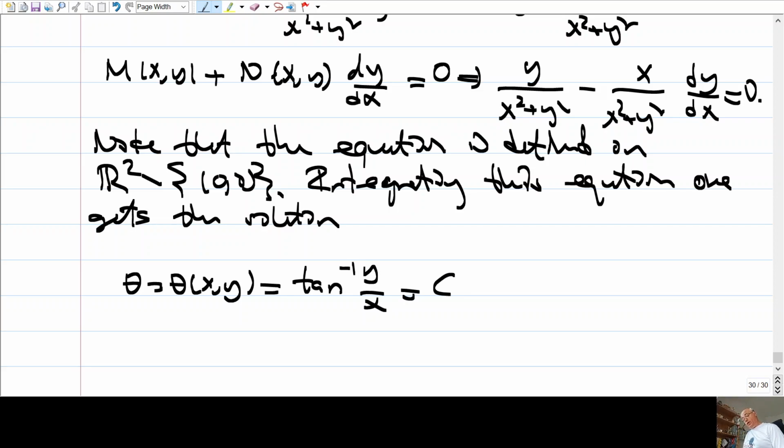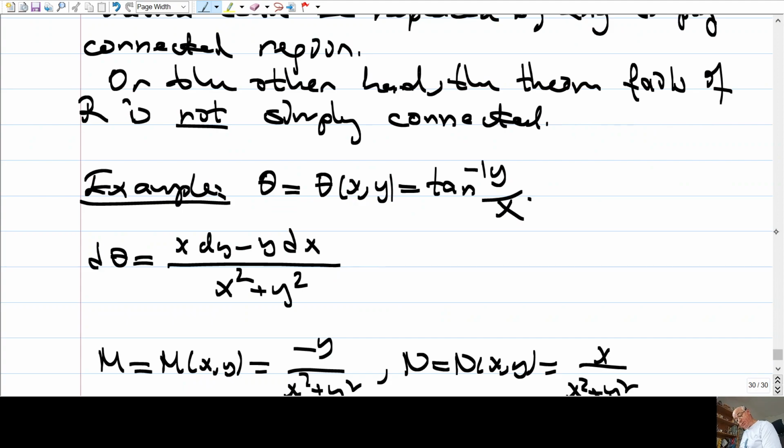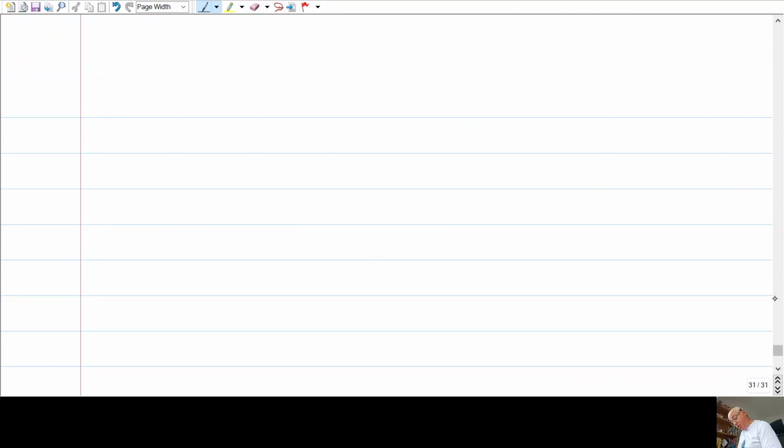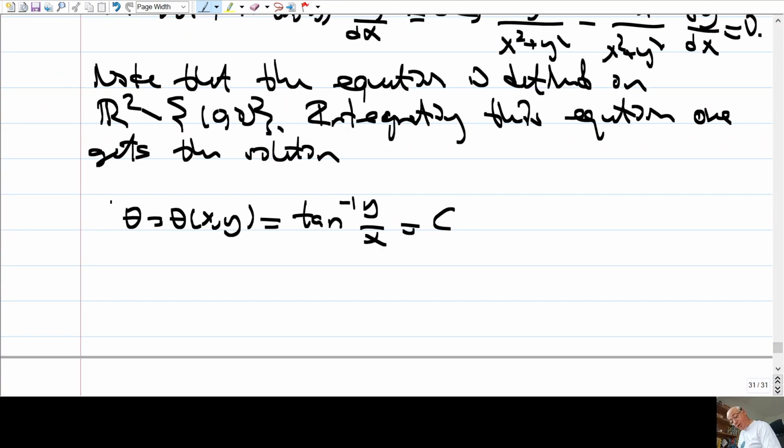Okay, you get this equation because integral of this expression is tangent inverse y over x. Okay, so we get this solution, and c is any real number, but you see that